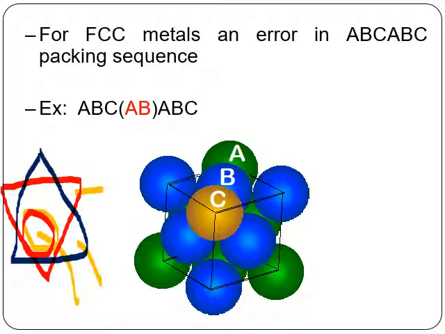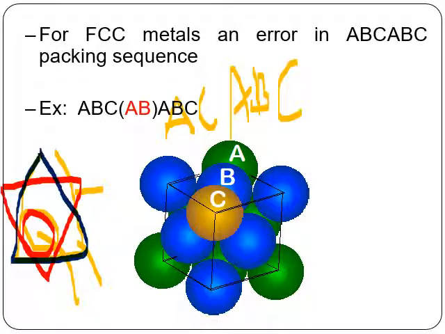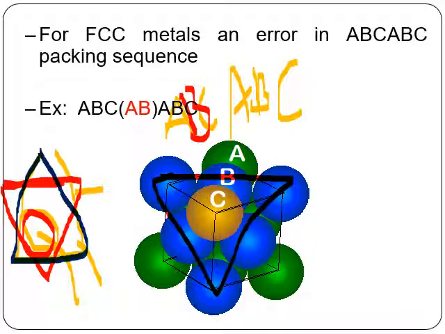If any one plane is missing, then we'll write A, C, and again I will write A, B, C. Now here, the B site is missing. B site means this triangle is missing from its place. So that is what a stacking fault is. Normally we observe in